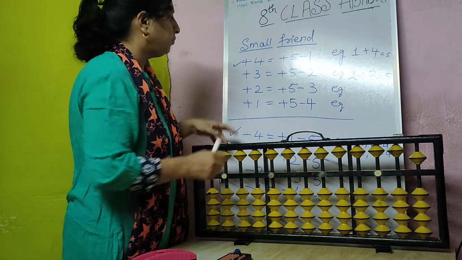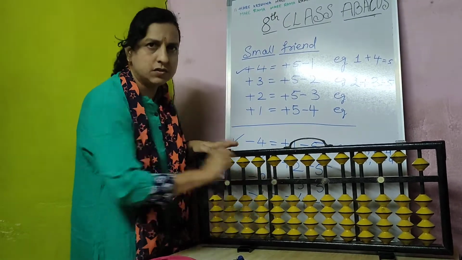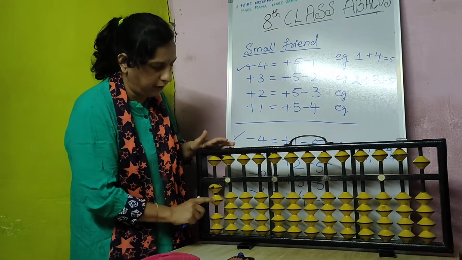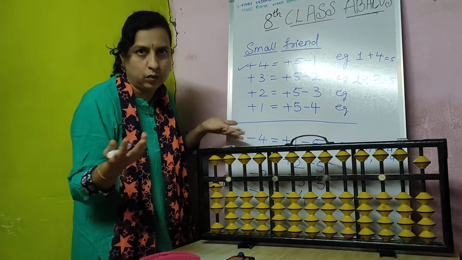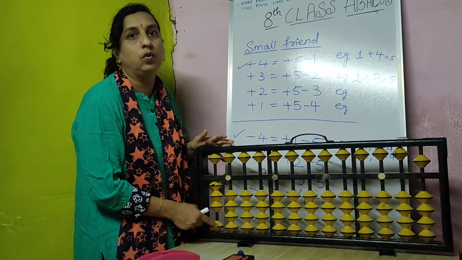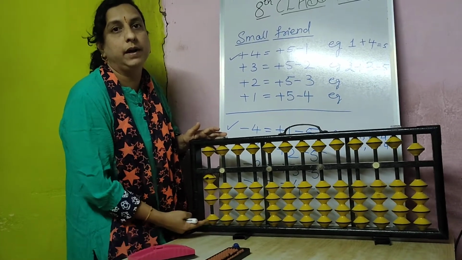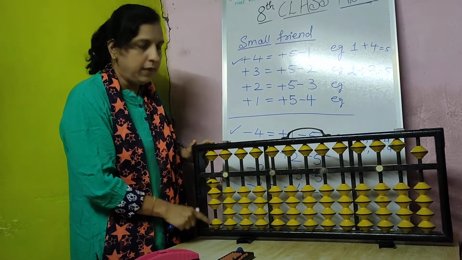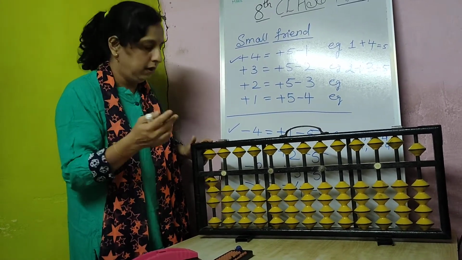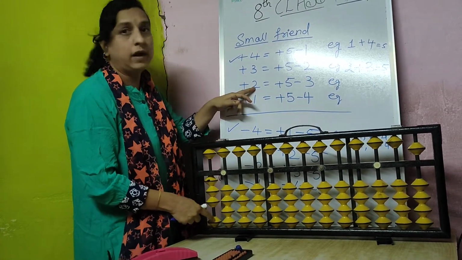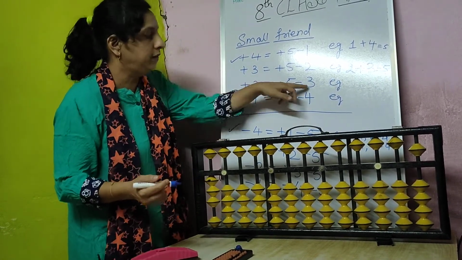Now, here 2. When my abacus value is 0, that time I can do 2 directly. No problem. Whenever there is 1, I can do 2 directly, because beads are there. Whenever there is 3, I cannot do 2, because only a single bead is there. So again a problem comes to do the 2. When the problem comes, we should remember 2's friend is 3.